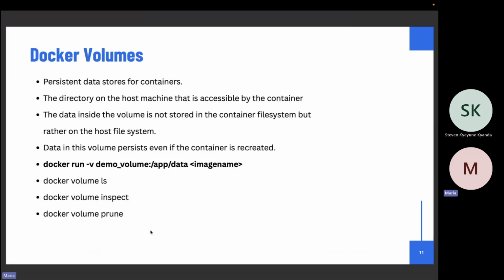You can also inspect the volume. Yes. Yes, there are cases where the volume is large and it hinders the performance, but that's where you get to know that, okay, my application is big.